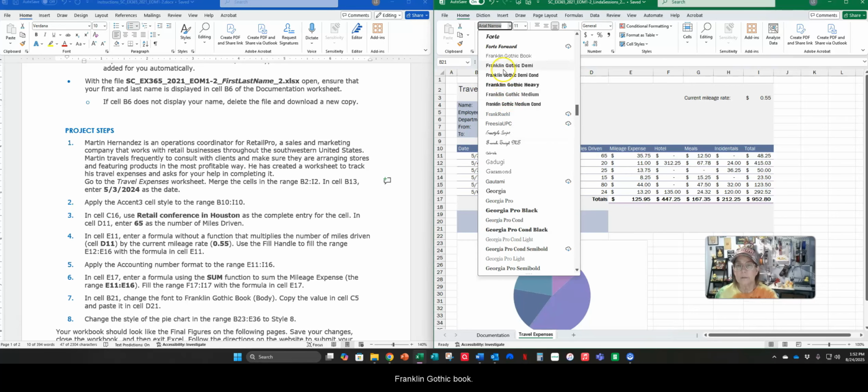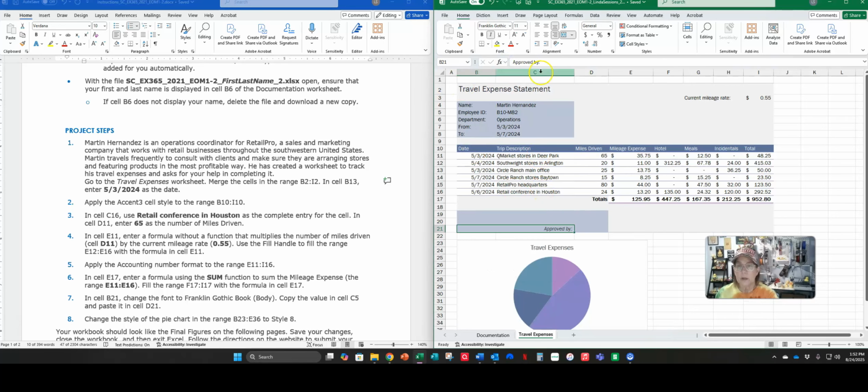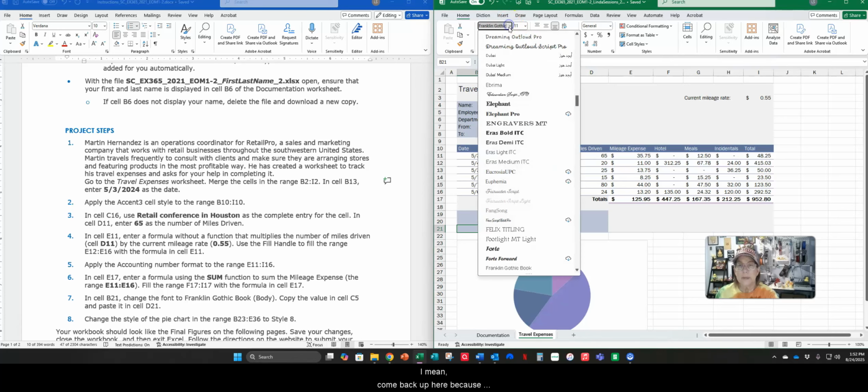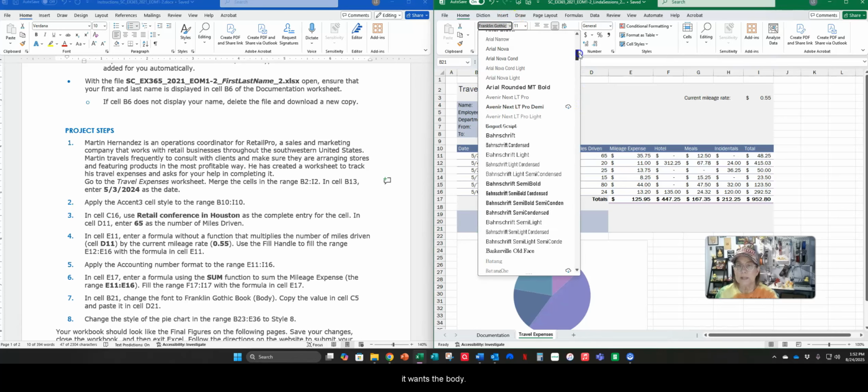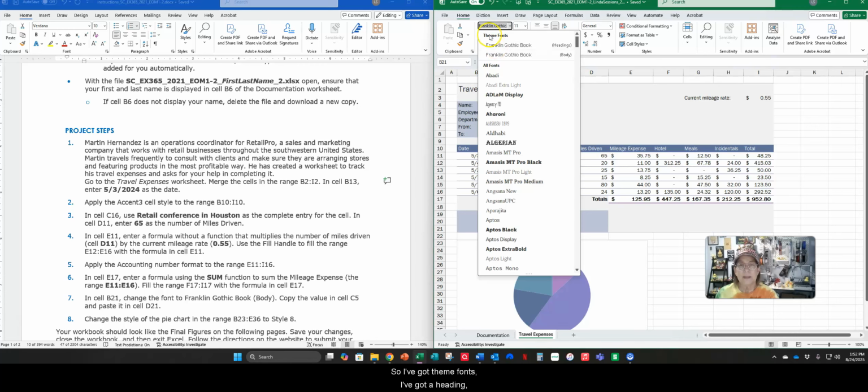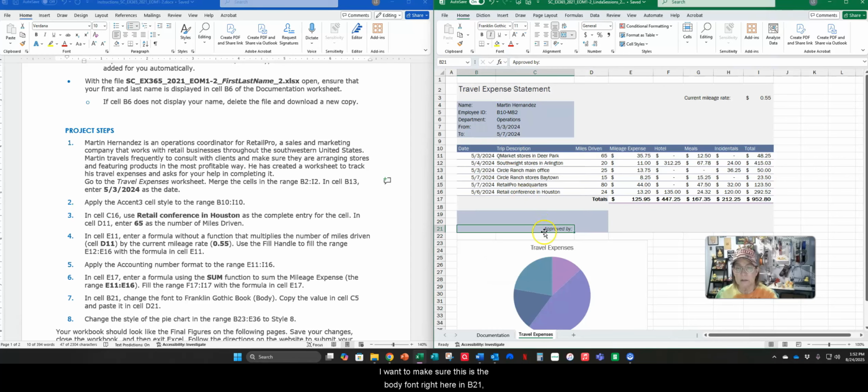Franklin Gothic Book. I'm going to come back up here because it wants the body. So I've got theme fonts. I've got a heading, and I've got the body. And I want to make sure this is the body font right here in